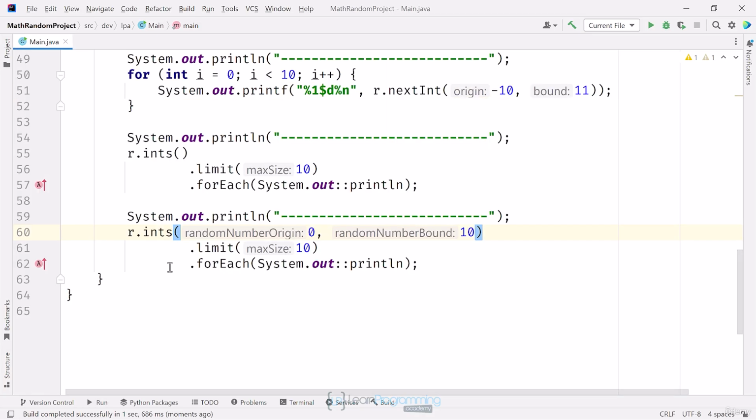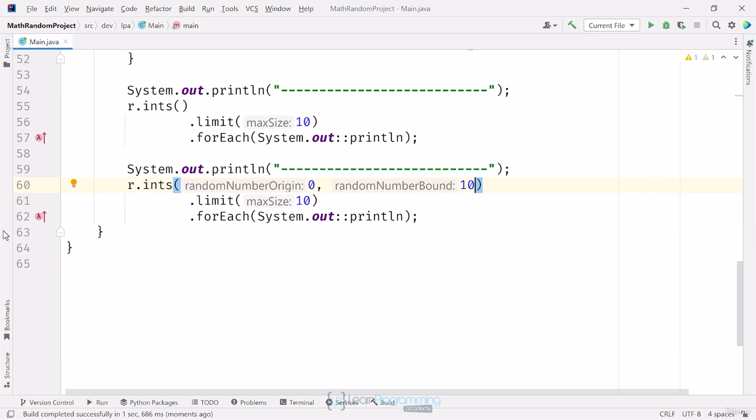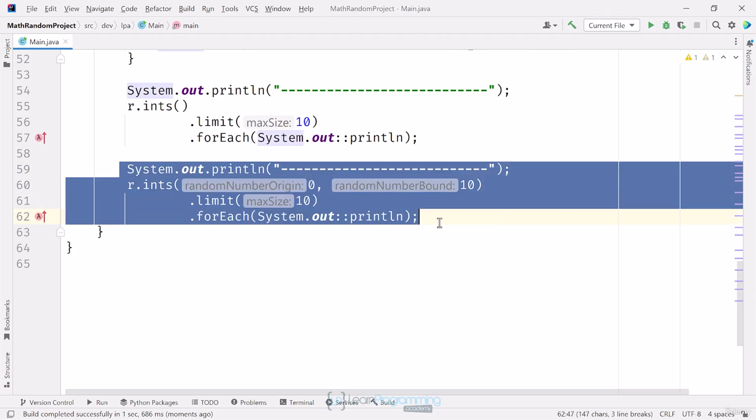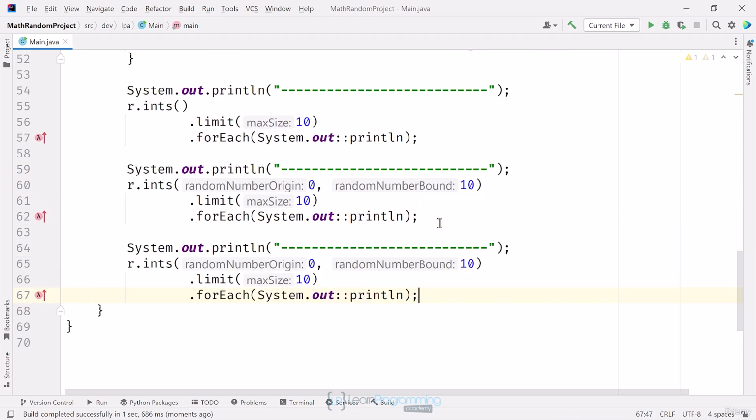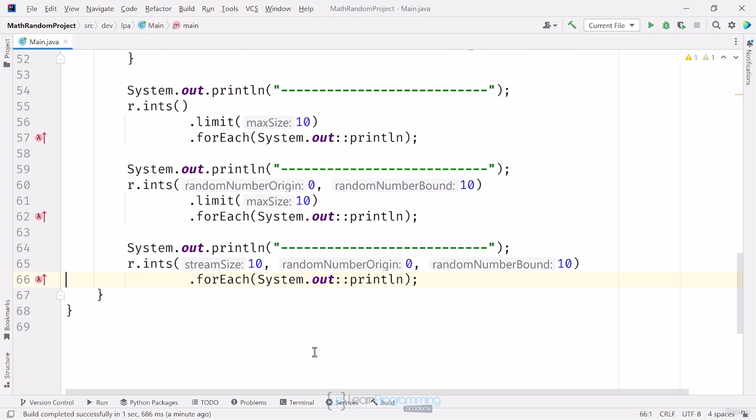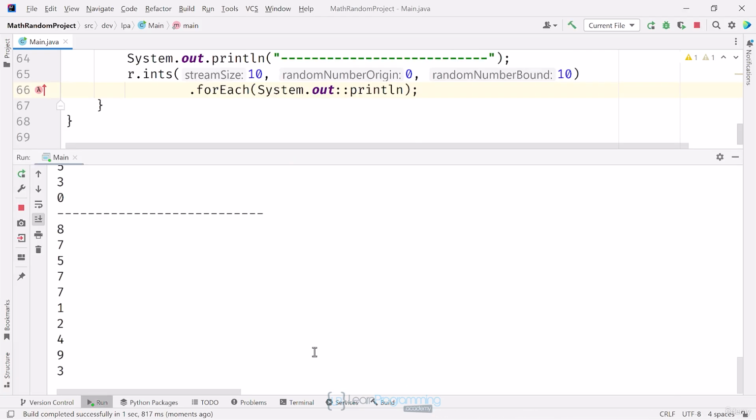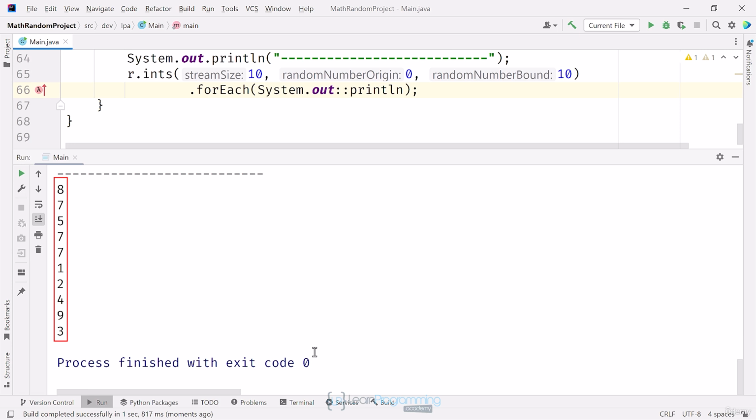There's one more version of this method. This one has 3 arguments. The second and third are the lower and upper bounds. The first parameter specifies the size of the stream, meaning a finite stream will be returned instead of an infinite stream. I'll copy lines 59 through 62 and paste that copy below. I'll add that first argument to the call r.ints, making it 10. I'll remove the limit intermediate operation because it's no longer needed. If I run that, I get similar results to the previous stream pipeline, so 10 numbers randomly generated between 0